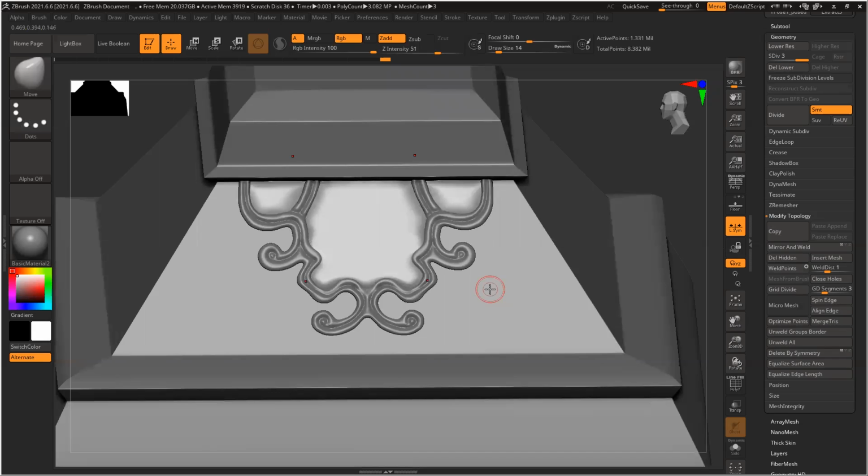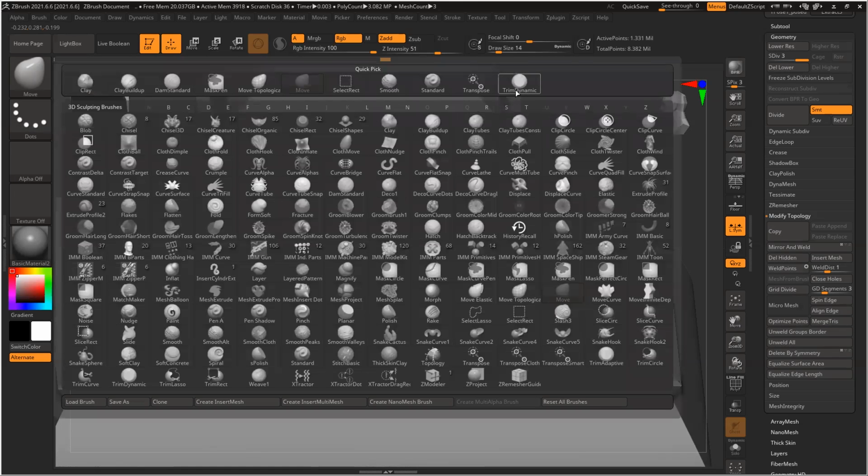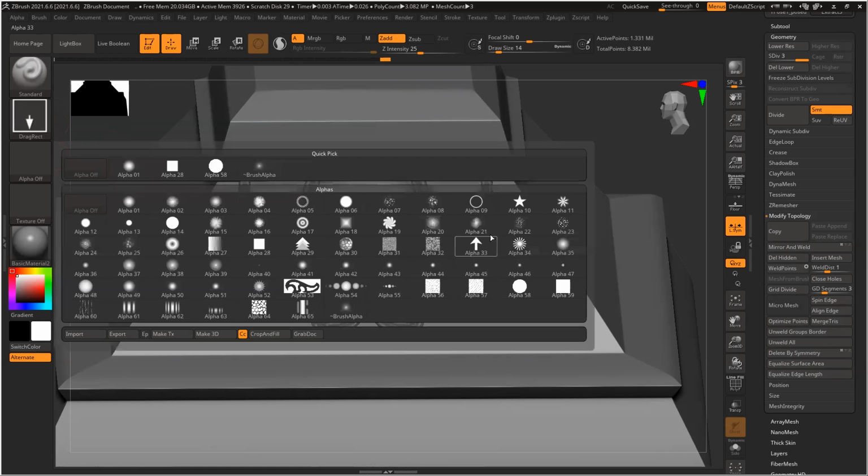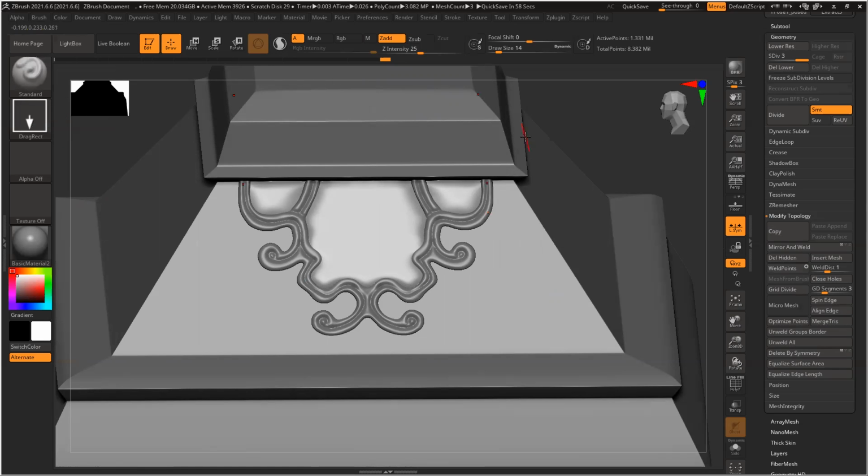Now to create that noise, there are two ways. I can do it manually with the help of some brush, or maybe I can use the standard brush and use this drag, and all these dots, all this noise is already there. Use that. But there is a very easy process.